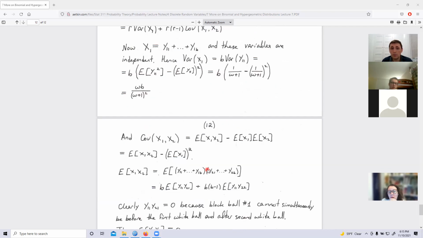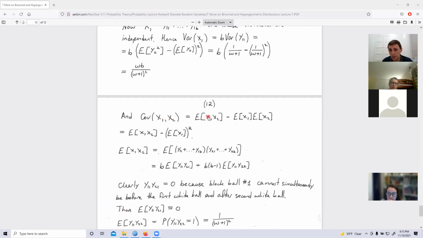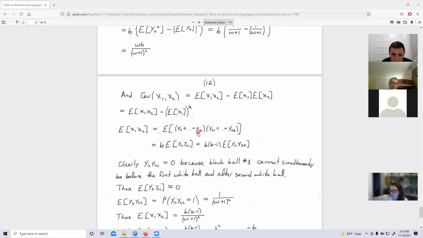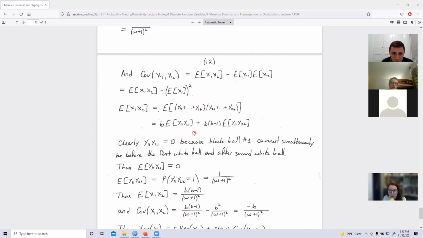And this is the variance of x1. Now to calculate the covariance of x1 and x2, that's the expected value of x1 x2 minus the expected value of x1 times the expected value of x2. And that's the same as minus the expected value of x1 squared. Now, what about the expected value of x1 x2? That's the expected value of the product. Yes? This is x1 and this is x2. And now what happens here? The way it can be equal to 1 is when we have the situation when they are